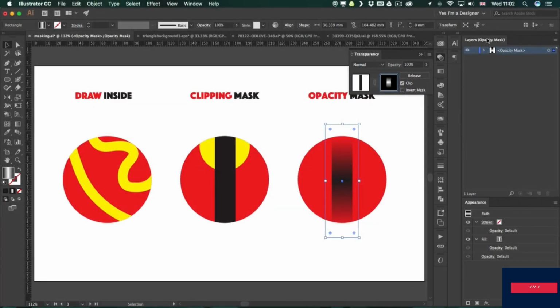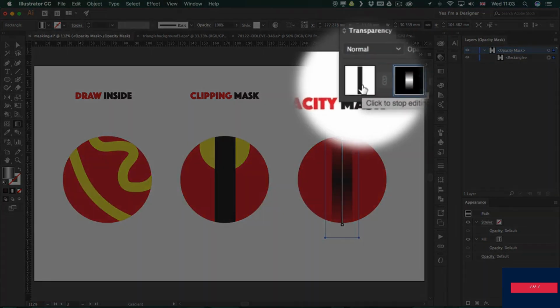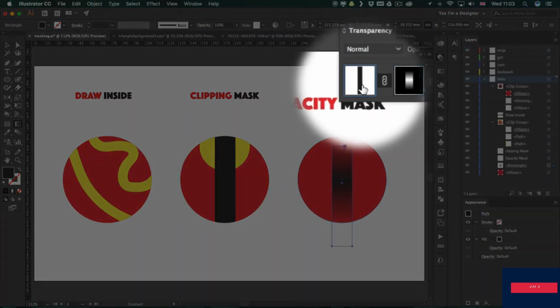And notice my layers panel changes when I select the mask attribute, which will only show that rectangle with the gradient on it. That means, for example, if I use the gradient tool, I can adjust how I want this gradient to behave. And if I want to go back and maybe adjust the width of my shape, I can switch modes and go back to editing the actual shape itself,